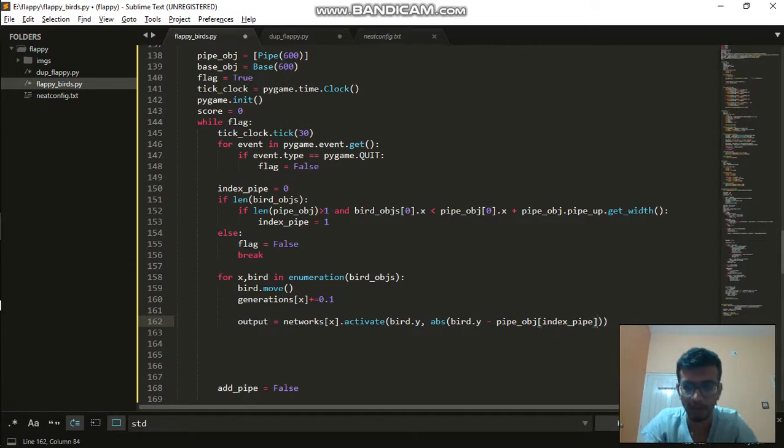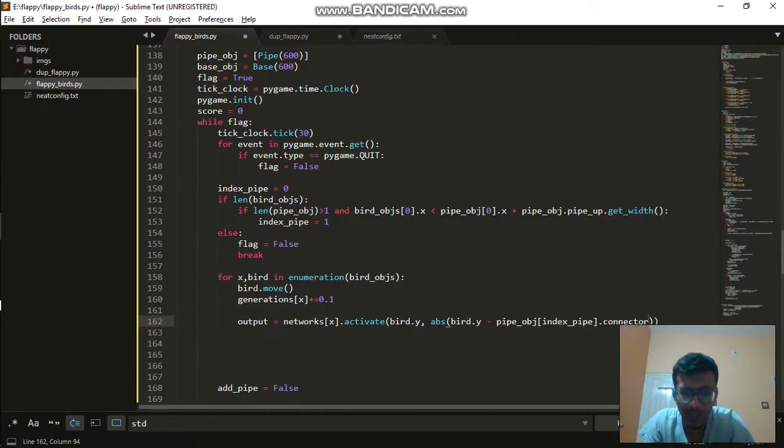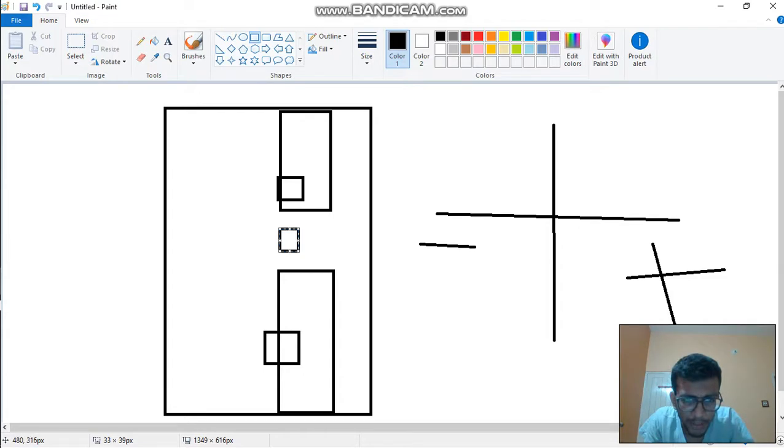Okay, pipe object, pipe index, we are considering the, let's say, upper one. Not pipe up, sorry for this, it's slightly confusing. Connector, so this will basically give the height. So it's like bird y minus the connector, because connector was the offset. If this is my bird, the y coordinate of bird minus the connector gives this value that I'm about to find out, as well as I also want to know the value from this to this,